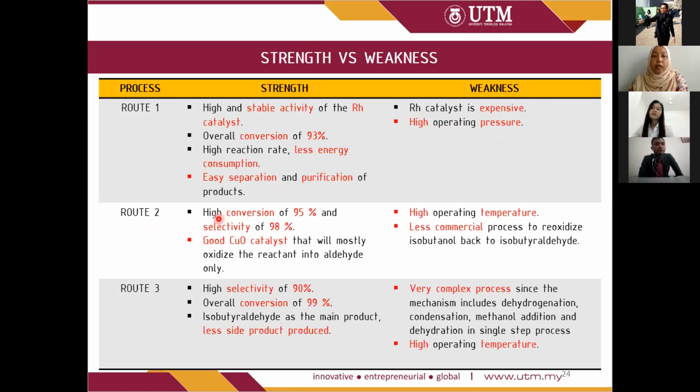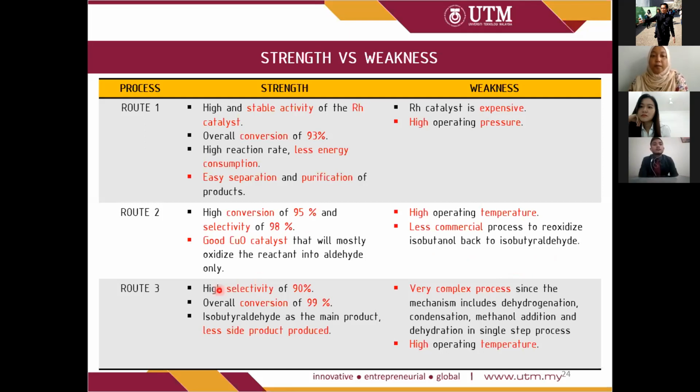So for the second route, we also have a high conversion of 95% and selectivity of 98%. We also use a good catalyst, which is copper oxide, that will mostly oxidize the reactant into aldehyde only. However, it will operate at high operating temperature, and it's a less commercial process to reoxidize the isobutanol back to isobutyraldehyde. As we mentioned before, isobutyraldehyde will be used to form isobutanol, so it's less commercial to convert it back to